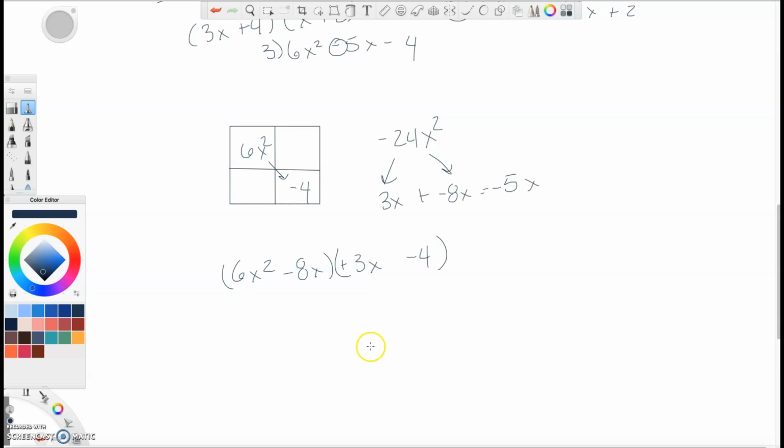Now I'm going to want to pull something out. So let's try, let's pull 3x. Let's see if we can get something out of this one. So what am I going to pull out of here? Let's say